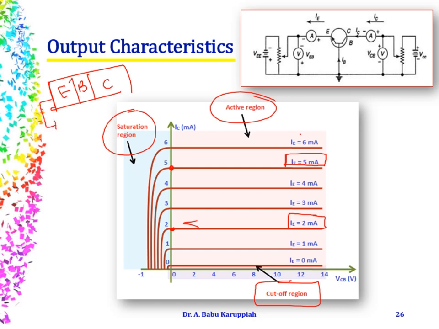Once you set this bias, say 5 milliamperes, there are going to be 5 electrons present inside. They're generated here, so there are going to be 5 electrons here. So 5 milliamperes you have set, and 5 electrons are going to be there. This is for understanding. Say for example, you start from here. Gradually, as you make the collector base voltage more positive, there is going to be a gradual increase in your collector current. And when VCB equals 0 volts,